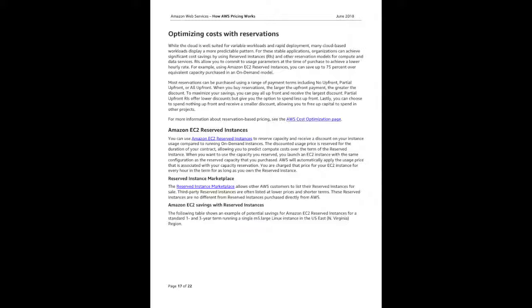While the cloud is well suited for variable workloads and rapid deployment, many cloud-based workloads display a more predictable pattern. For these stable applications, organizations can achieve significant cost savings by using reserved instances, RIs, and other reservation models for compute and data services. RIs allow you to commit to usage parameters at the time of purchase to achieve a lower hourly rate. For example, using Amazon EC2 reserved instances, you can save up to 75% over equivalent capacity purchased